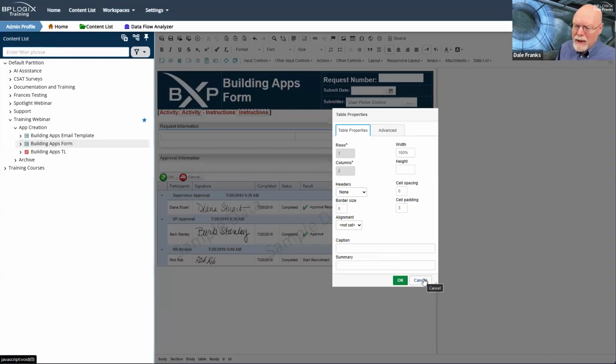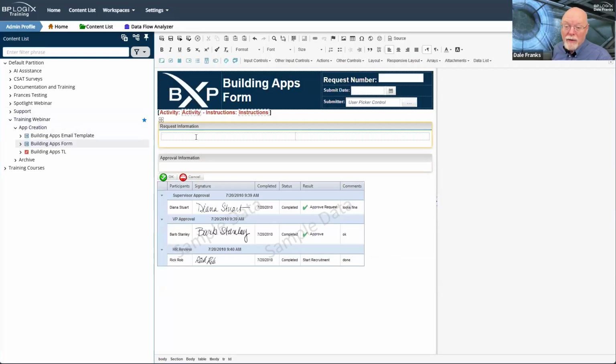Now, I know it's been well over 20 years that we're not supposed to use tables for layout. We're supposed to use div tags. However, even though I could put div tags in here and style them, it would require that I know a little bit of HTML, and I would have to go to the source view and actually edit the HTML source. A, we don't usually want to do that. And B, most people don't understand div tags, especially if they're not web designers, but tables are intuitive and easy to understand. So it's okay to use tables for this kind of layout.